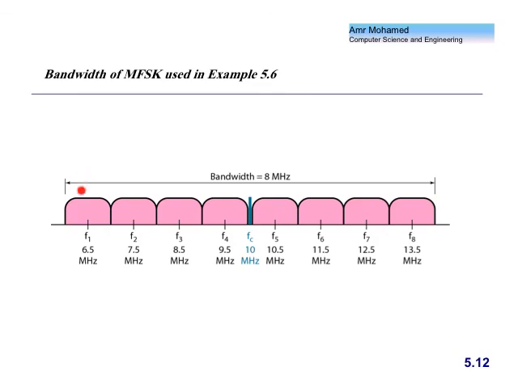Then for each signal, I put the carrier frequency for each sine wave in the middle. This means that F1 will be at 6.5 megahertz, F2 will be 7.5, and the difference is always 1 megahertz, which is the minimum 2 delta F. If I have 4 bits at a time, how many frequencies do I have to have? 16, which means that the bandwidth will be divided evenly. Okay? Any questions? Okay, we'll stop here, inshallah.